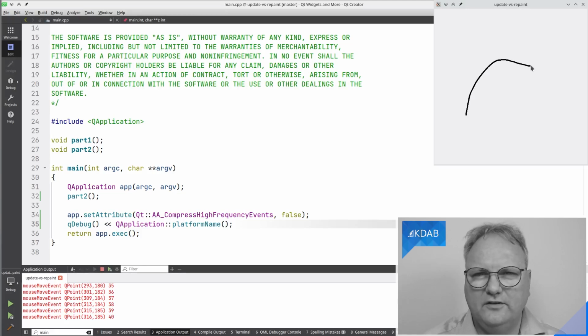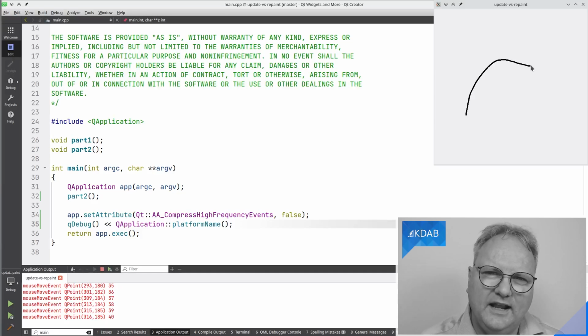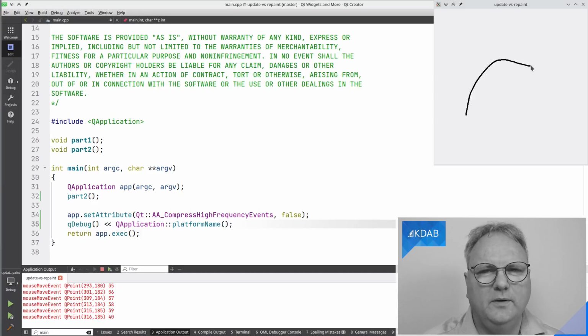Let the other thread do whatever needs to be done, and then get the result back to be repainted whenever it's ready. A long mouse move event will hit you on platforms other than X11, so better get your hit right away by adding this line to your application.